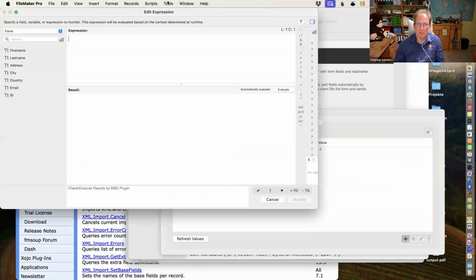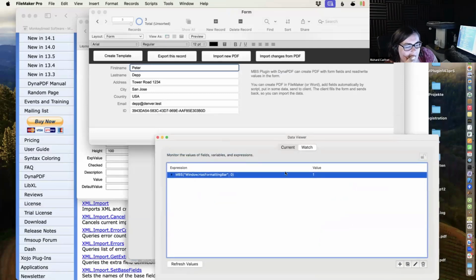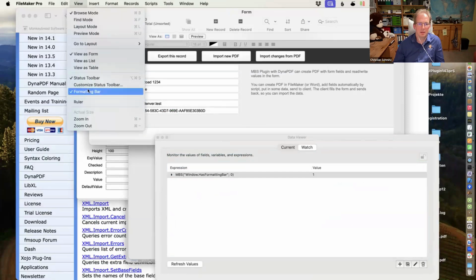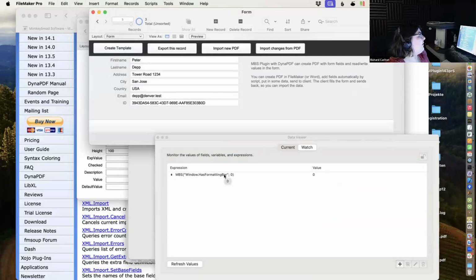Because I just spent time to make the has formatting bar function. Check that. So it's 1 now, and let me hide it. And now it's 0. So I made it. It took some time to get it working on Windows, and it will be in the next plugin. That's awesome. That's nice.